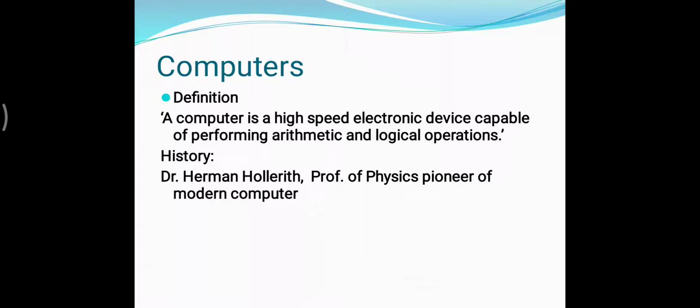If we go through the history, 30 years ago computers were huge machines. They were very costly. Only large companies and government organizations could afford computers because they were too costly. But in the last 10 or 20 years, we have seen computers change also. The big sizes of the computers and their capacity,